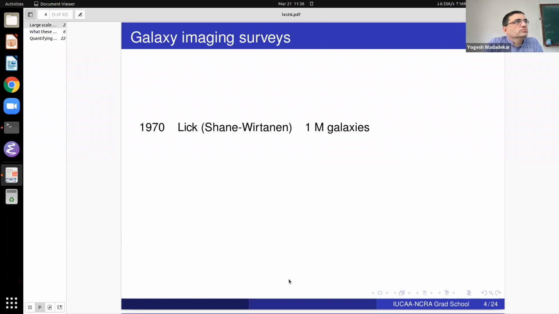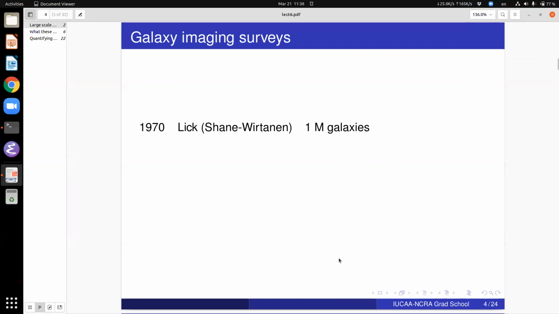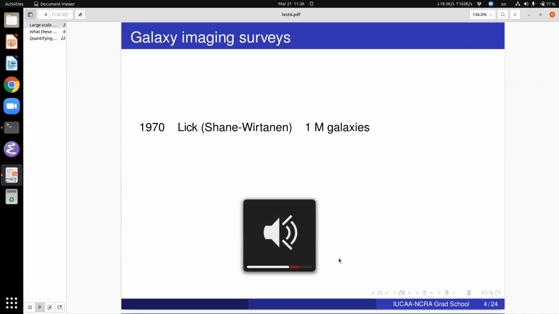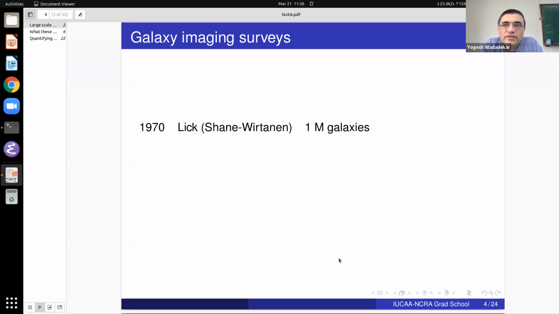So before you do galaxy redshift surveys, you have to... Sir, yeah, go ahead. So if the universe is isotropic and homogeneous, then why is the distribution of the galaxies not isotropic? It is isotropic on the largest scales. If you take galaxies located only, let's say, within 10 megaparsec of us, then it is not isotropic,